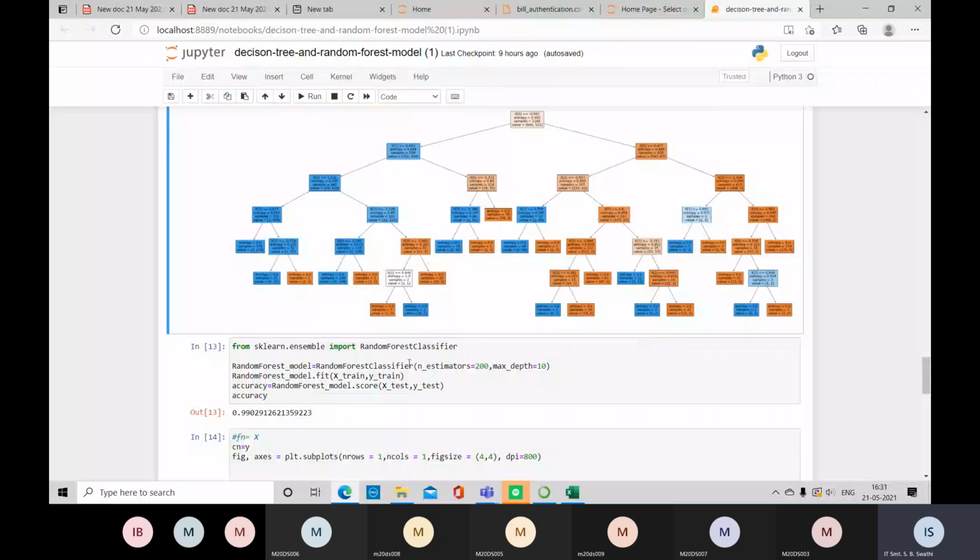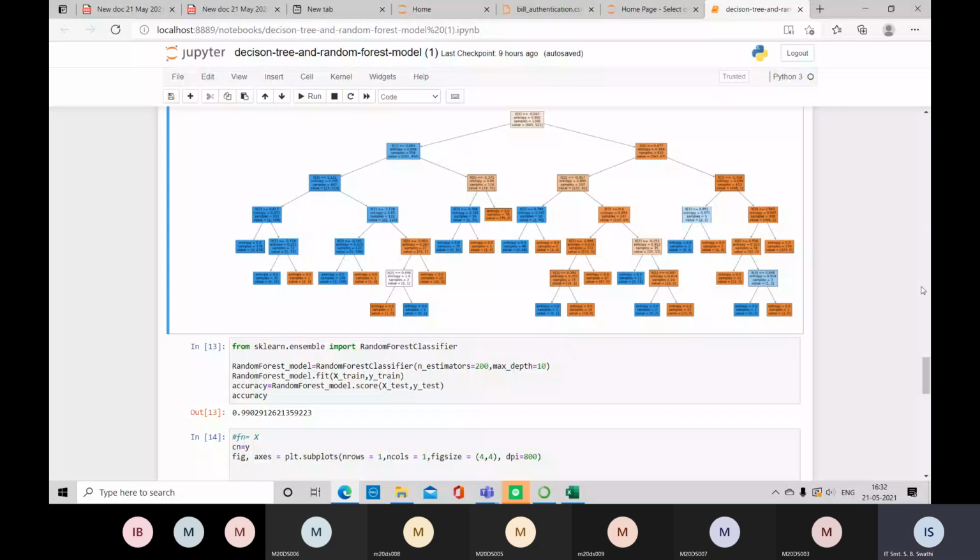And here random forest is much better than decision tree. Why? Because in random forest we are considering the decisions of each and every leaf node, which will give us a better result. Whereas in decision tree, blindly we are going for the opinion of only one single leaf node. So in that case, we are going to get less accuracy.